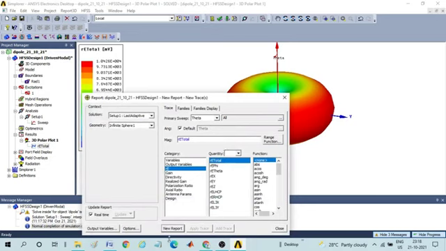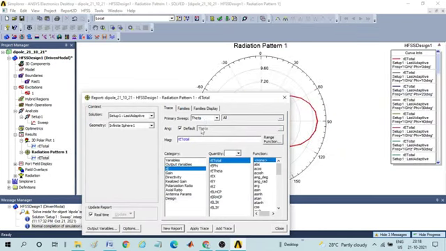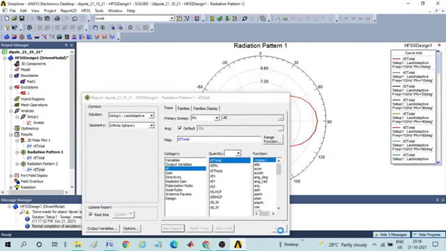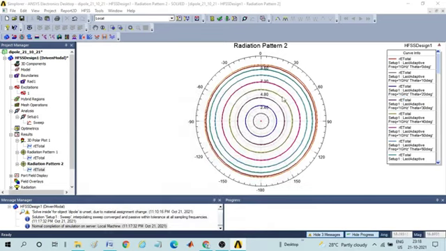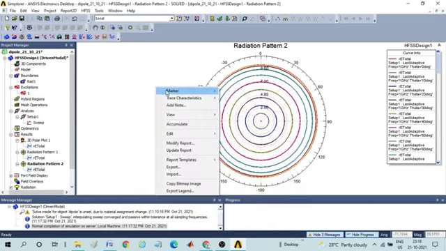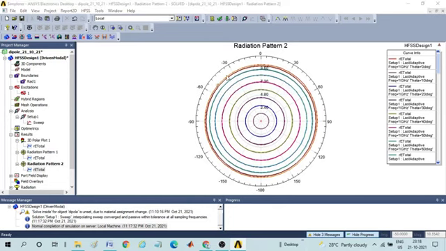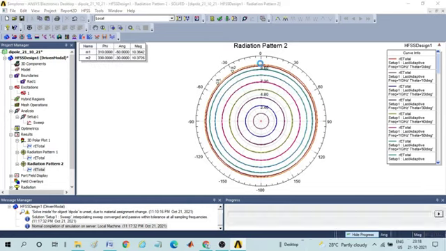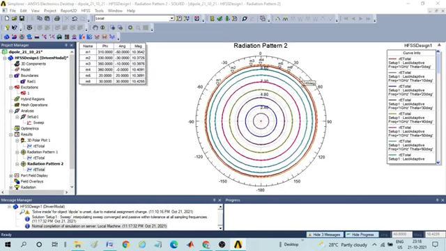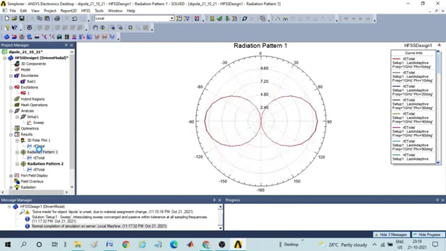Now here, once you click for theta, again change it to phi, again click new report. So now you can see the H-plane pattern, it is like a circle. Now you have to take the edge values for different angles and note them down in the observation. So here the values will be there. You can take approximately, you can take for the entire circle. It must be for the maximum.